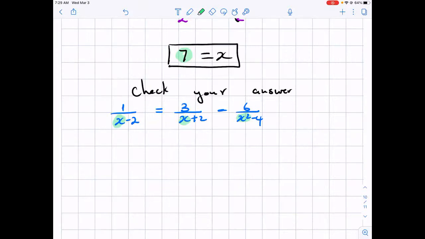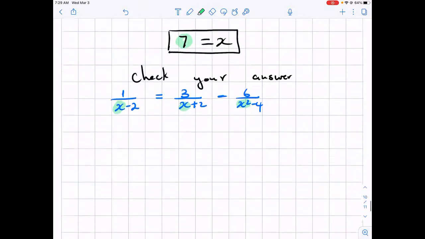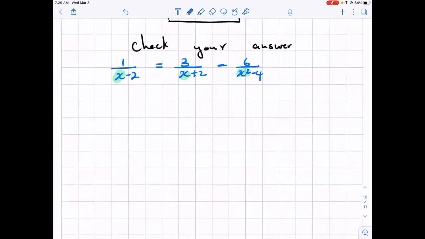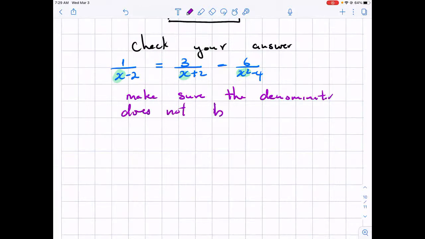So what I'm going to do now, okay, I'm going to change that problem we just did, and let's call that another example, okay? So continue here. I want to say, make sure the denominator does not become 0 when you check,